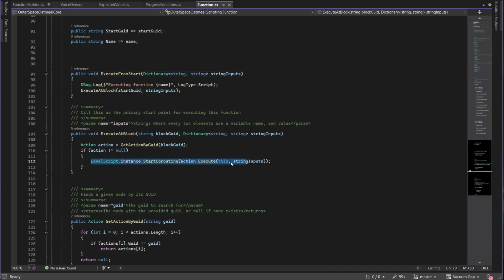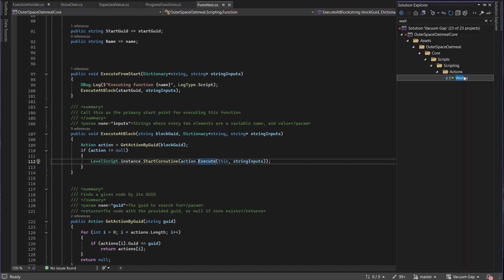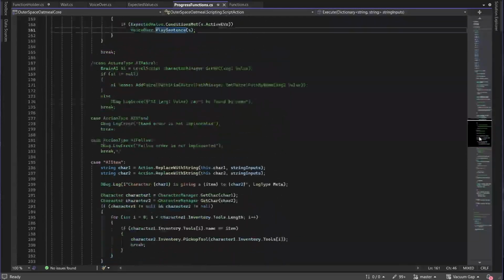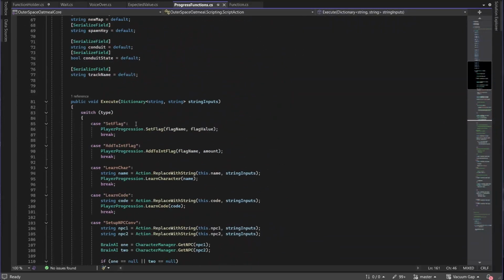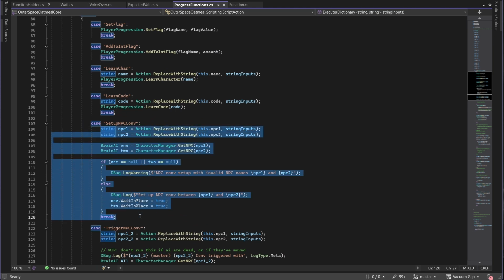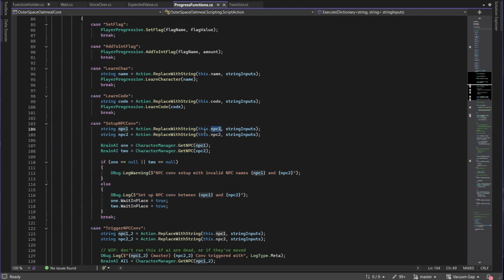The function pretty much just calls an execute, and that varies a little bit between classes. So wait uses Unity coroutines to wait for a certain amount of time. Progress functions is a bit longer, but it's really just a bunch of switch cases and doing easy things like, in our setup NPC conv example, replacing the NPC names and then adding the wait in place order to those